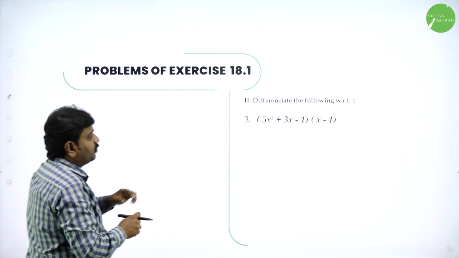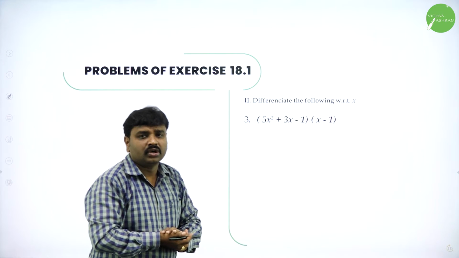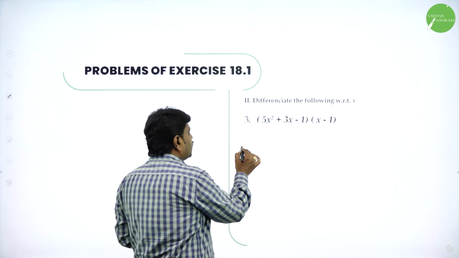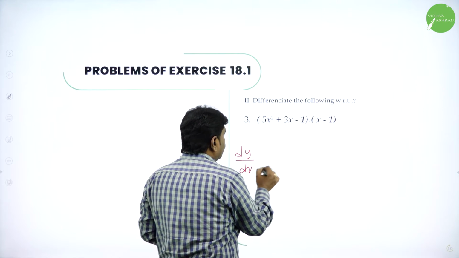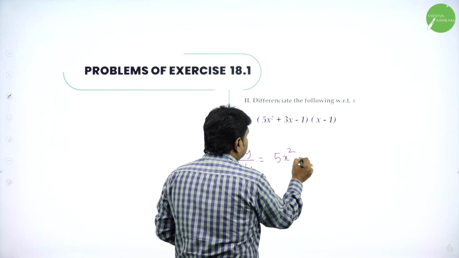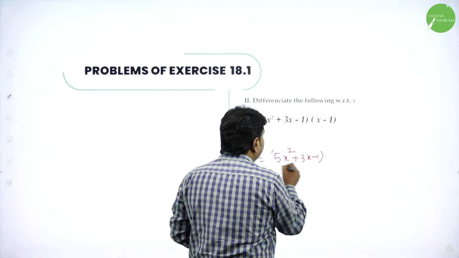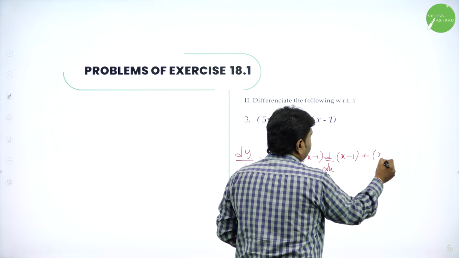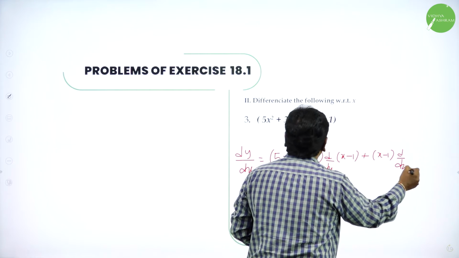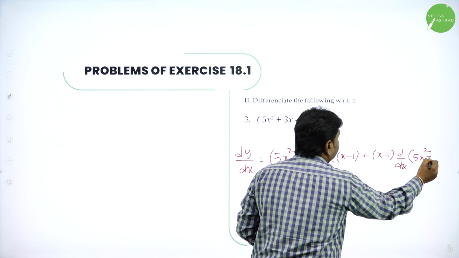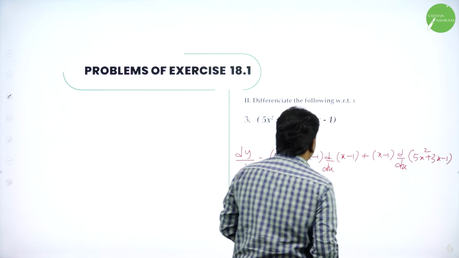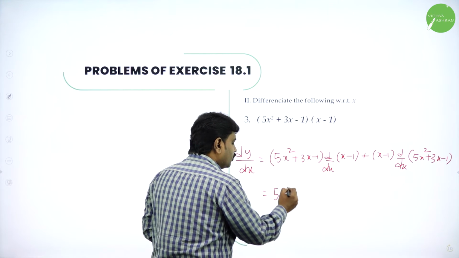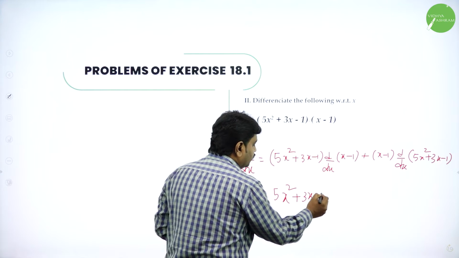So now we have done many problems. Here what rule can you use? Product rule. What is product rule? Directly I'll take dy by dx as the product rule. First function (3x minus 1)... rather, first function (x minus 1) into d by dx of second function, plus second function into d by dx of first function (5x square plus 3x minus 1). So now we'll go a little faster, as you now have the grip, I think. We'll apply the same.